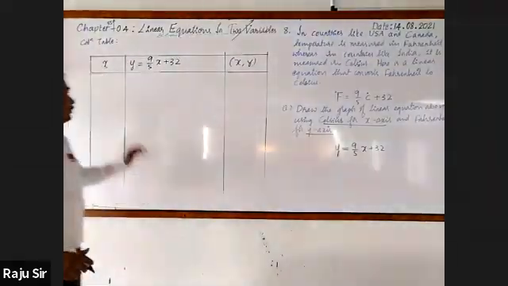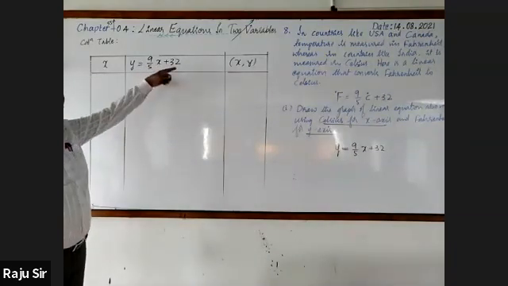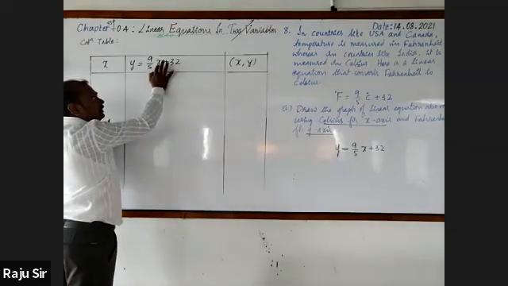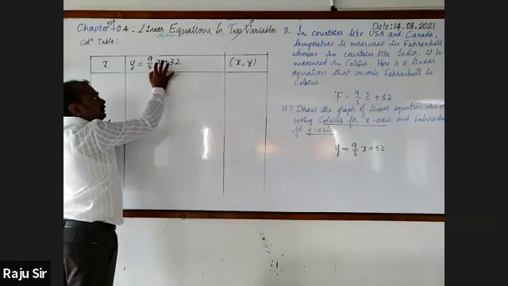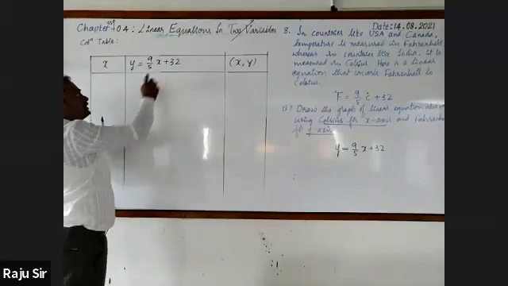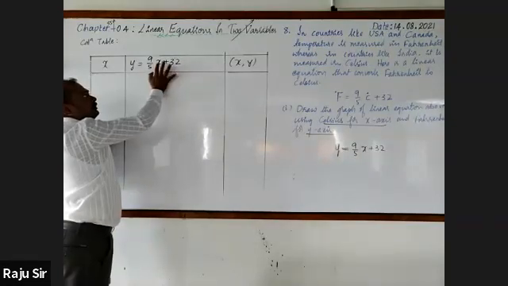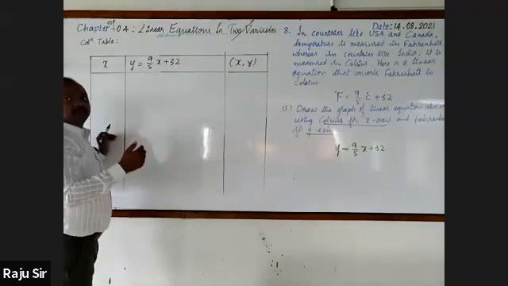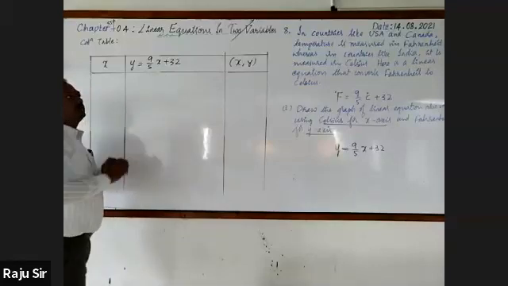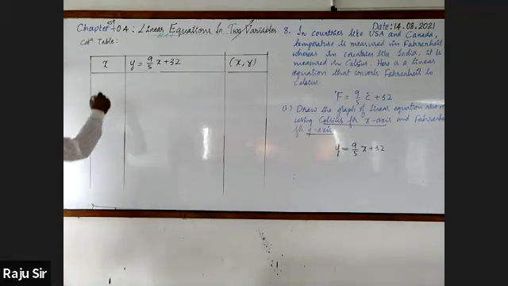If you go for taking 1, 9 by 5 will be difficult to calculate. That is why I choose the multiples of 5. For x, if I take 0, there will be no problem at all. If I take 0 in place of x, it will be 32. If I take 5, the 5s get cancelled, 32 plus 9, 41. If I take 10, 5 twos are 9 twos are 18, 18 plus 32, 50. Calculation is easy. Understood? Yes.